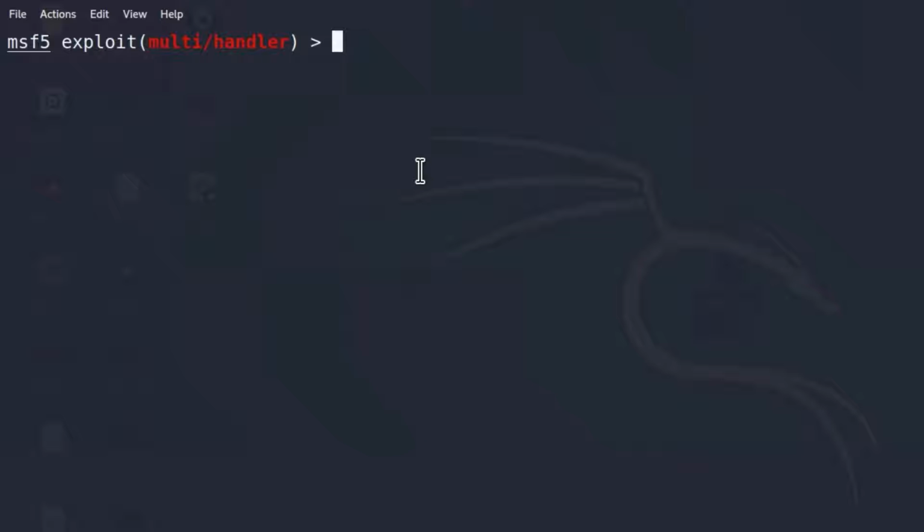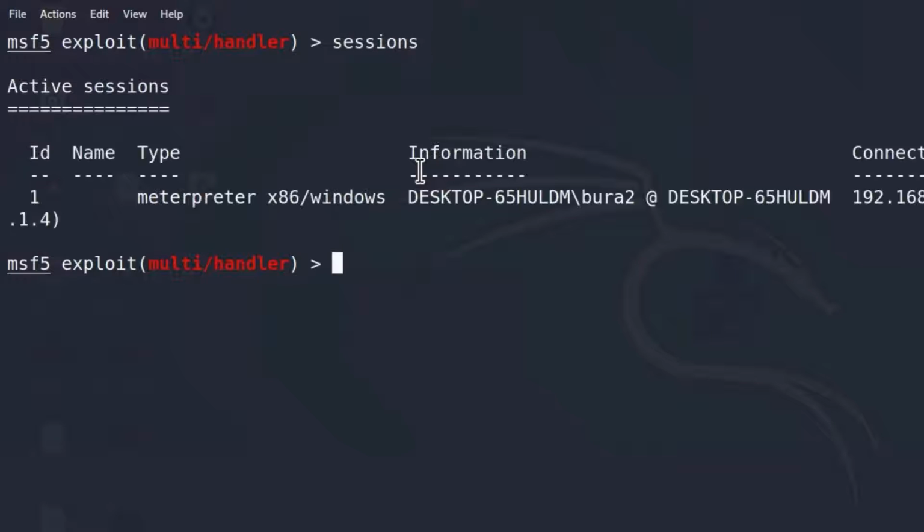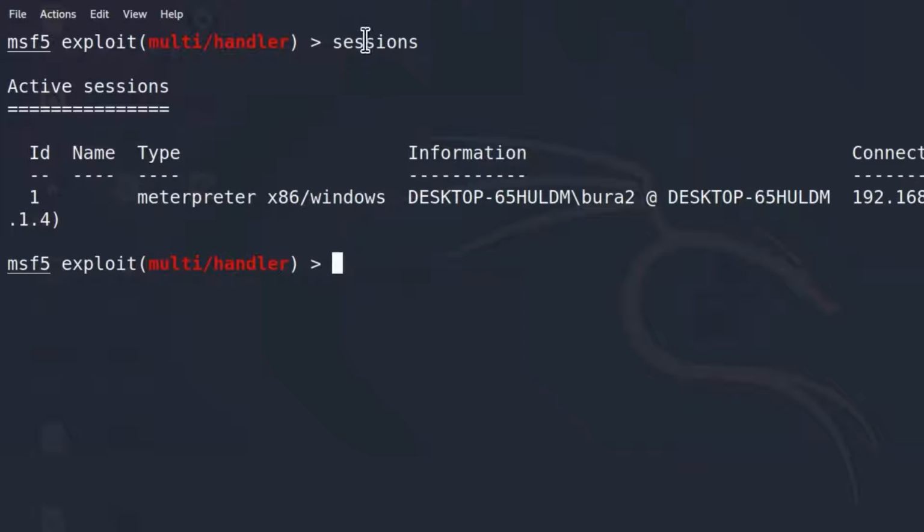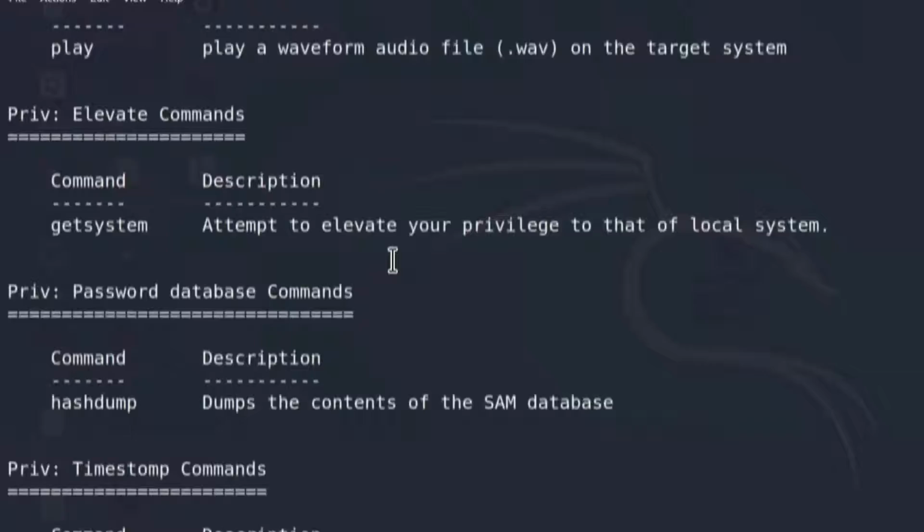When is this command useful? Well, if I type the command sessions that we already know, we got one session currently. But you might have a session with multiple targets. And in order to navigate between each and every session, you can use the background command to put this Meterpreter session in the background and, for example, enter a different session with a different machine. So that command is useful in that sense. Of course, you don't need to type the background command, you can simply just type BG instead, and it will do the same thing. So if I go back to my session and go back to my help command,